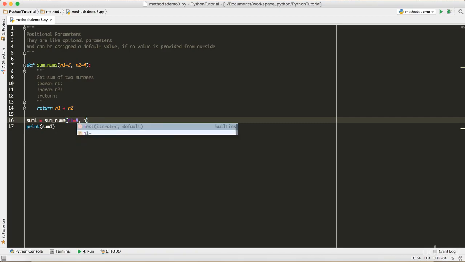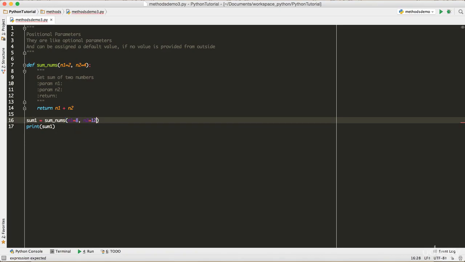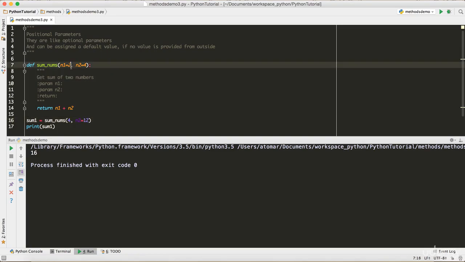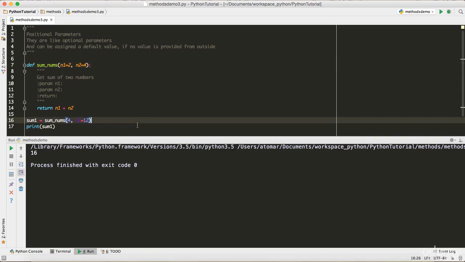So this is the benefit of using keyword parameters, and we can use them in a mixed manner as well. I can just say 2 here for this and maybe 4, and then I can say n2 is 12. So what's gonna happen is 16 because it knows that n2 is 12, so the other one which was placed in the first position is gonna be 2, right? It's gonna be n1. So it works in different ways, and we can have mixed kinds of things as well.